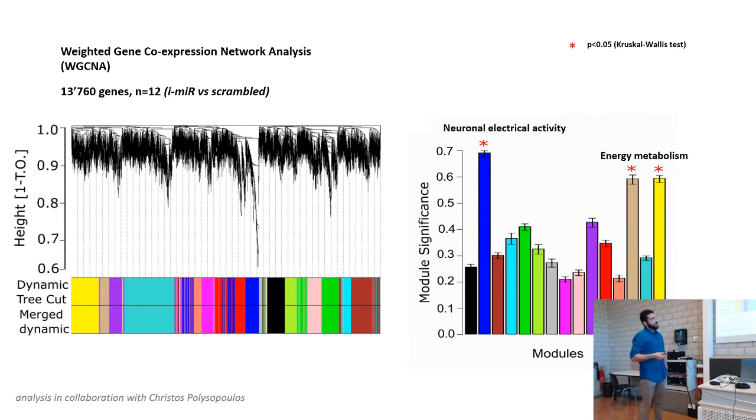Now, on the right panel, what you can see is which of those groups was significantly different after the 709 inhibition. And what is also important to know is that these three groups were indeed different. The first one had genes associated with neural and electrical activity, whereas the other two contain genes mostly associated with energy metabolism. Now, one other thing that is important is that the genes belonging to these groups were all upregulated after 709 inhibition, whereas these genes were downregulated.